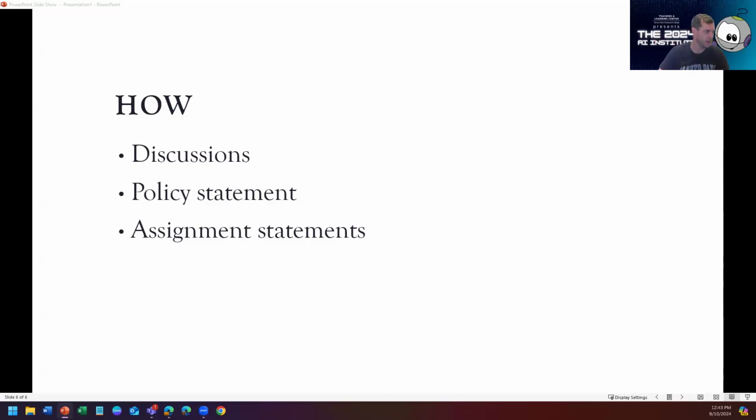This Padlet is something that we brought up when we were thinking about our AI policy in our course. And then I also have some language, and I'm sure you all have seen something like this before. I think Brett Christie was talking about it in his session, or something similar.